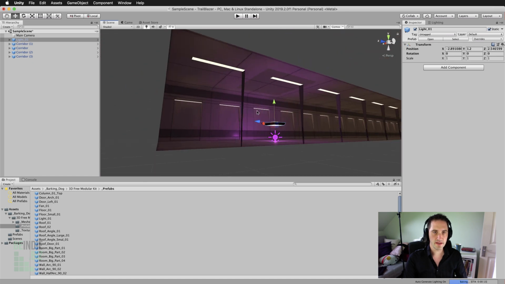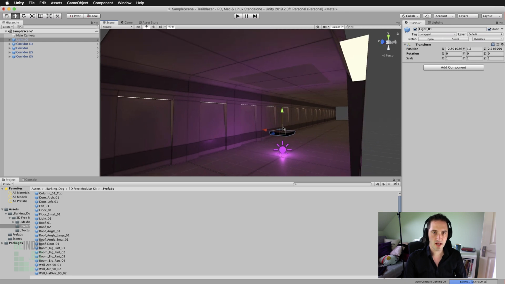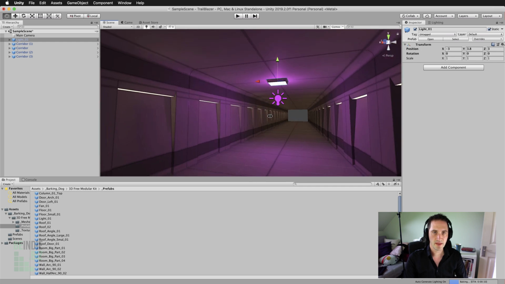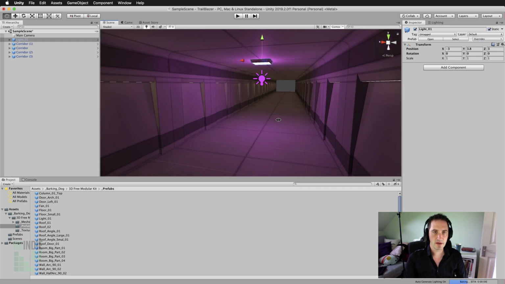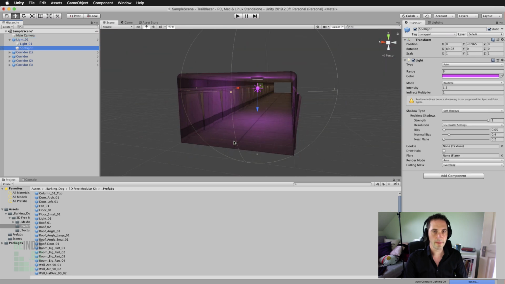And for me, that's about here. So I'm going to grab the ceiling light here and simply snap that into position. Now, there are two things that I don't like about this light. One is that it's casting this kind of purple illumination into the level. And two, if I expand the light, you can see that it says we have a spotlight here, but actually